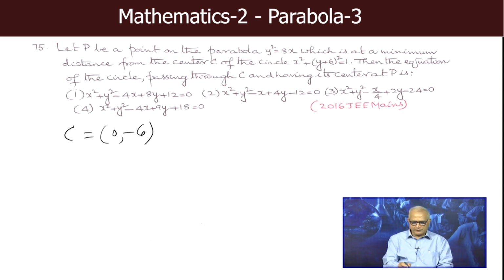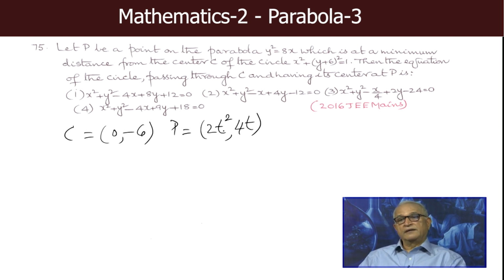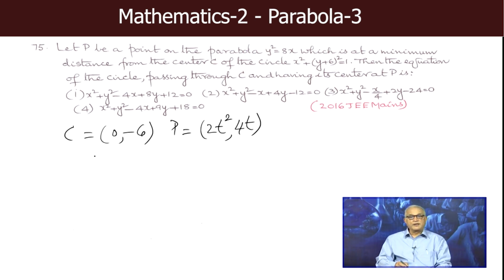Suppose this point P is in parametric coordinates (2t², 4t). For what value of t is this point P on the parabola at minimum distance from the center (0, -6) of the circle? So, CP